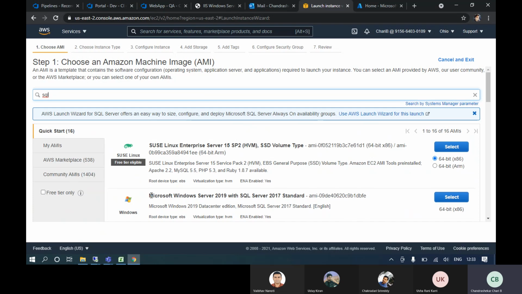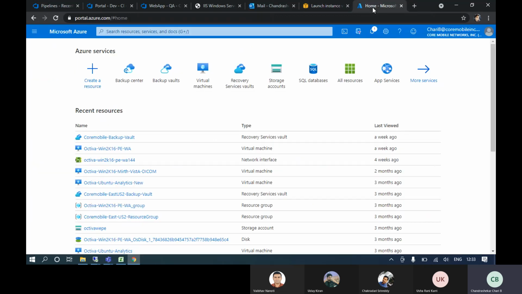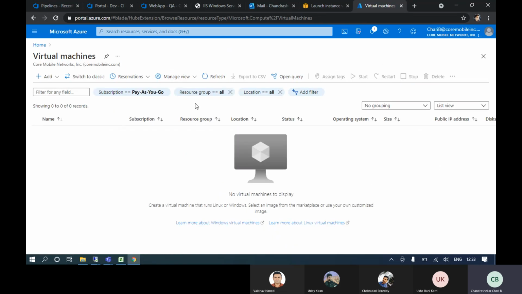The benefit in AWS is that if we want to run a SQL server, inside this AMI SQL 2017 Standard is already present. You can just spin up the instance and everything will be configured in this image itself. But in Azure we will not have virtual machines like that. There will only be basic Windows, but SQL services will not be configured.